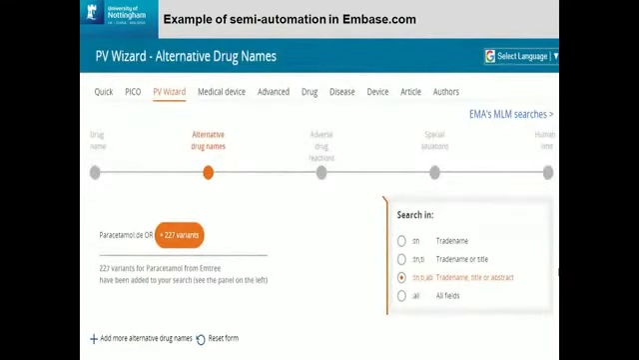This is an example of the pharmacovigilance wizard in Embase.com. These features are not available in the Ovid version of Embase. So here you could see that there are 5 steps: drug name, alternative drug names, adverse drug reactions, specific